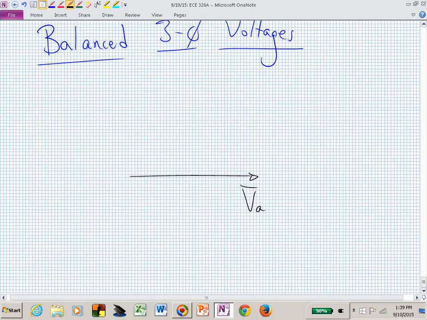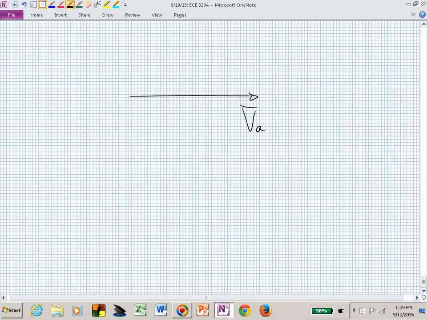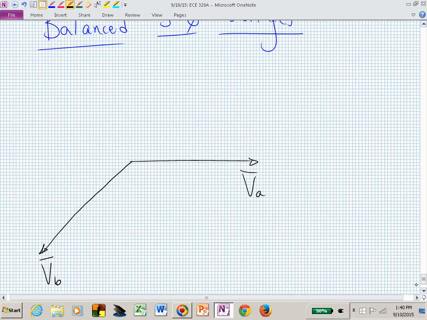And now I'm splitting my pi. These are balanced three-phase voltages. All of these lines are supposed to be the same length, whether I draw them accurately or not. But now I have the B phase, and that should be 120 degrees behind the A phase. And then the C phase, and again, those should be the same length. That's 120 degrees behind the B phase. All of these phases in a balanced system